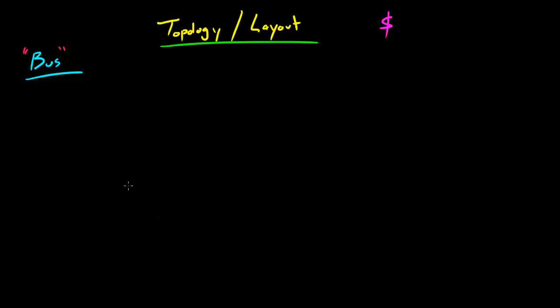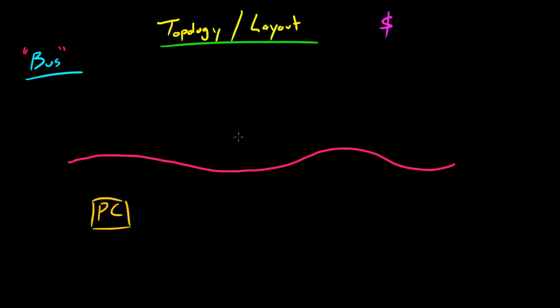Now, bus topology kind of looks like that. It has one main cable. So we'll just say it's an Ethernet cable or something like that. And it's kind of like a long chain, and all of your devices are going to be connected along the way. So you might have, let's say, a desktop, or we'll just say you have a PC right here, and we'll put another PC over here,